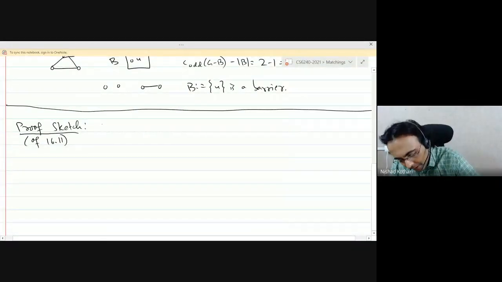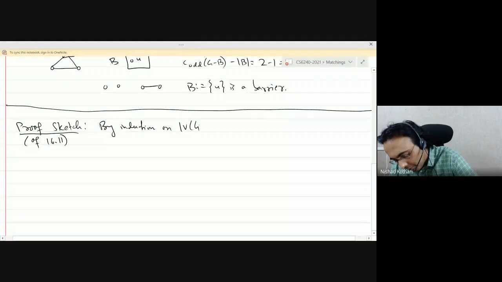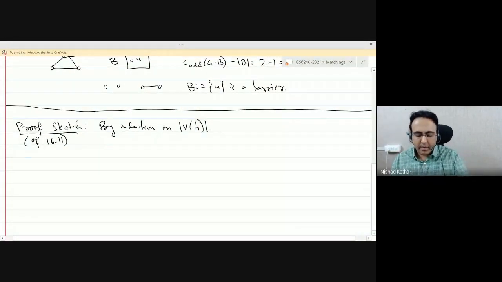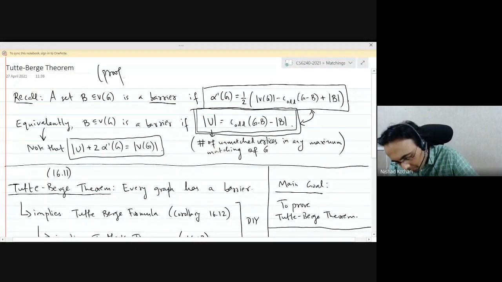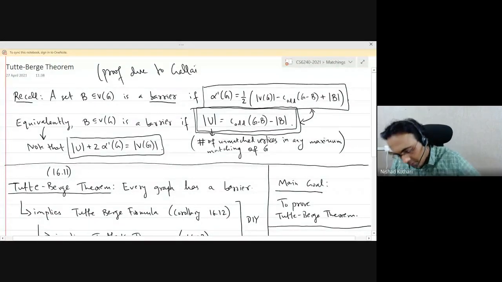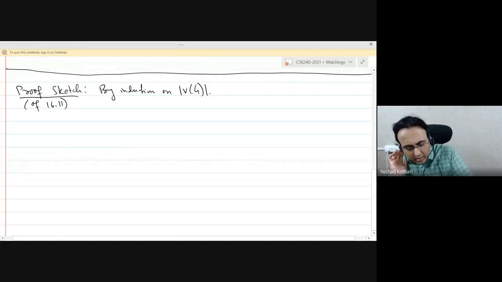We're going to prove it by induction on the number of vertices of the graph. The specific proof we are covering is due to Gallai. Supposing, well, there's going to be a base case. We need to figure this out.